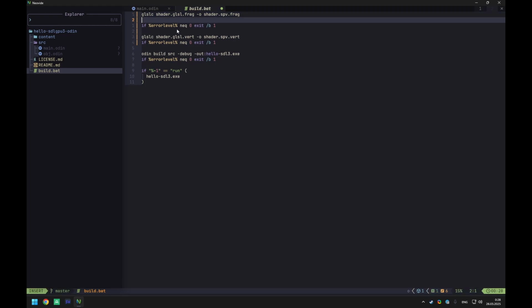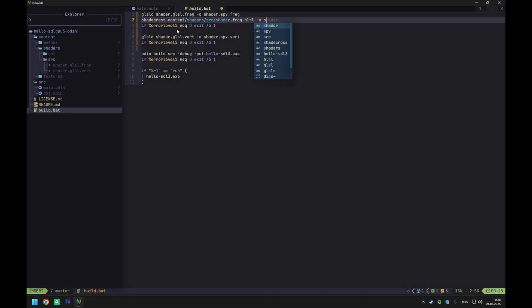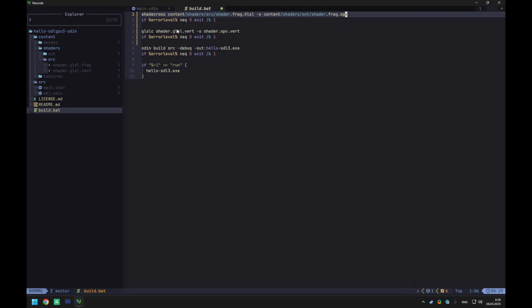Now what we want to have is Shadercross, right? Then we have our input. Remember that would be here, right? Shaders, content shaders src, and then the file name. So that would be content shaders src shader.frag.hlsl, right? Minus o, output content shaders out shader.frag.spv. So for now we are still using SPV. This is something that we are gonna use instead of GLSL for the fragment shader,